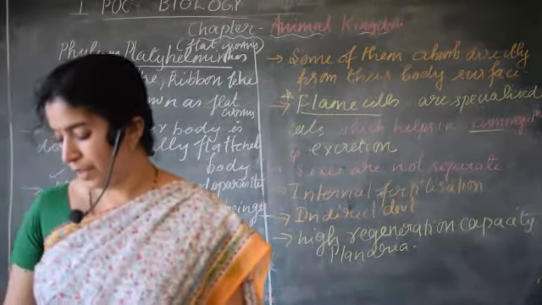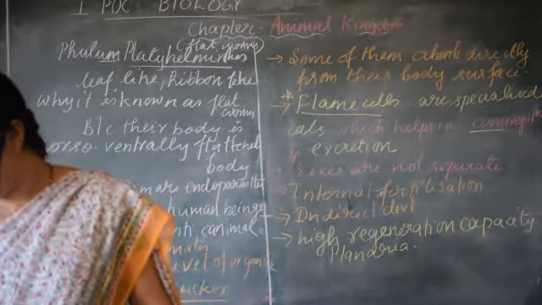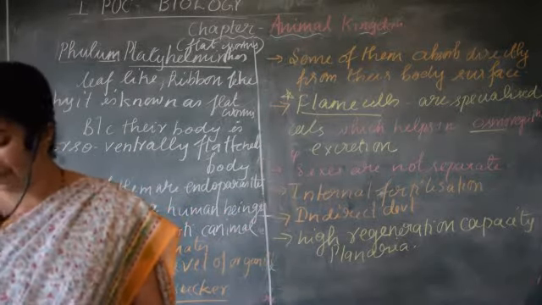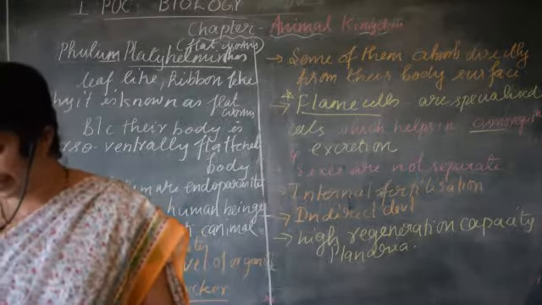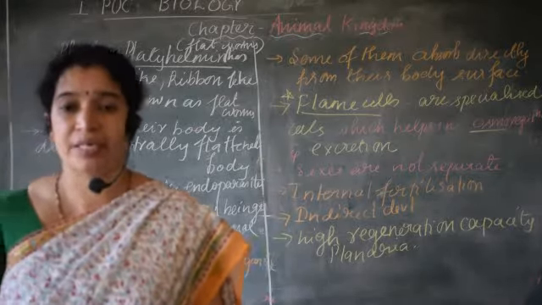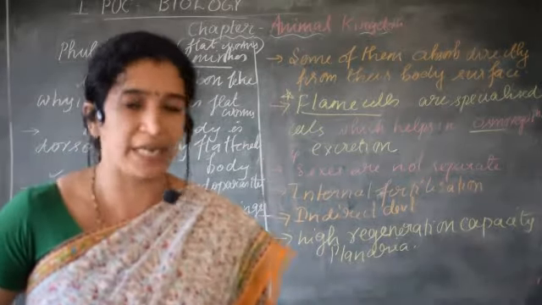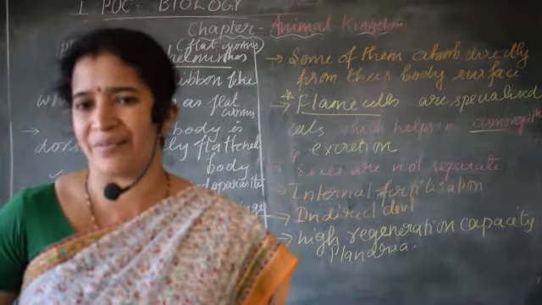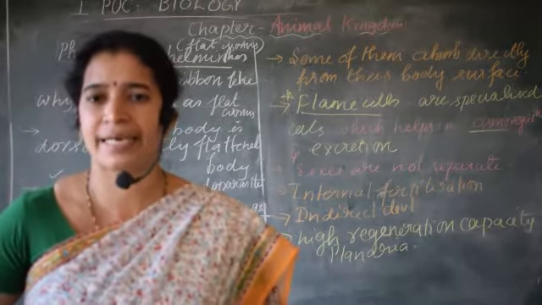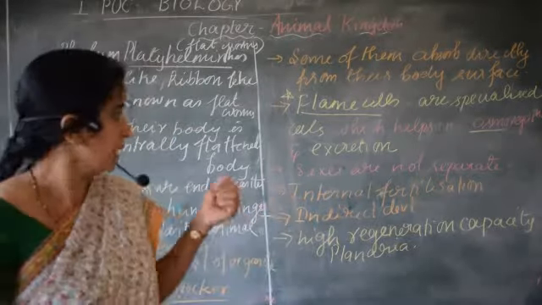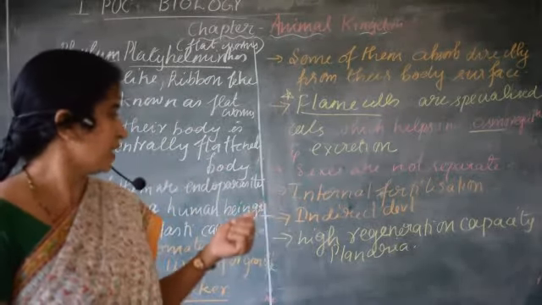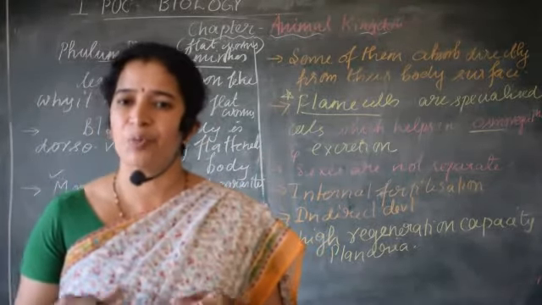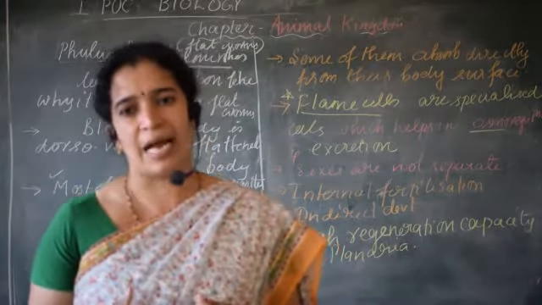Absence of tough resistive surface. Okay, so absence of epidermis and tough resistant horny cuticle. If you take the example of a cockroach or any other arthropod, those animals have a tough body surface to resist themselves in the external environment. But in the case of platyhelminthes, they do not have that tough exoskeleton. That is one of the adaptive features to survive better as a parasite.